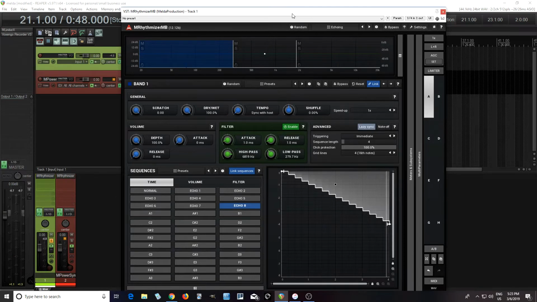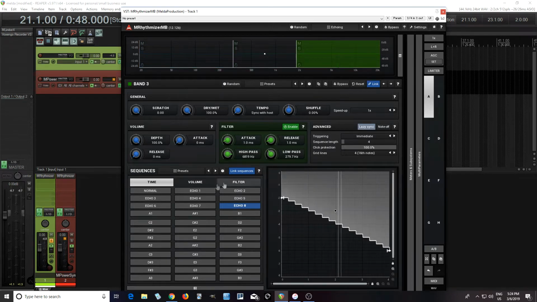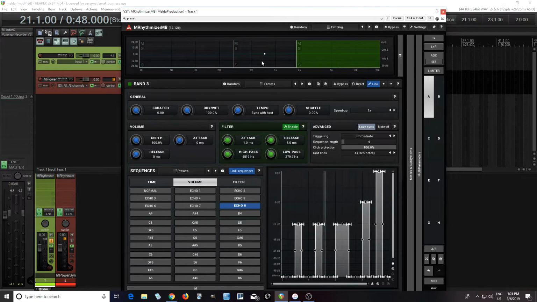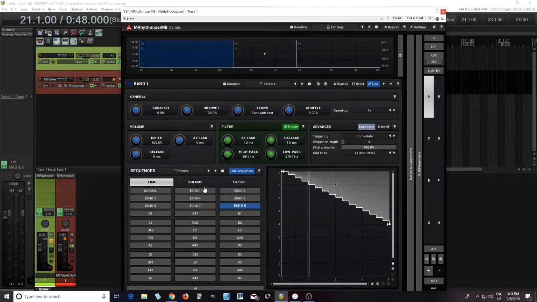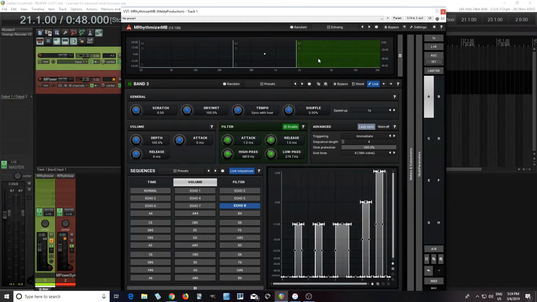Okay, so that gave you an idea of what this can do, and if you look, each of these has something slightly different on each band, and the volumes and the filters are different, which gives you all sorts of different variations. So it sounds like almost a filtered sound combined with that kind of glitching sound from the time manipulation. So for me, this is really useful for an intro or maybe a breakdown in a song,